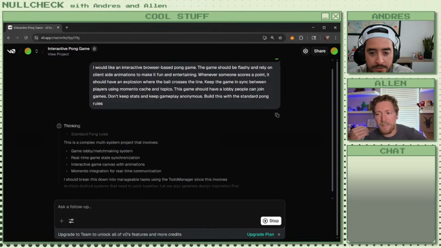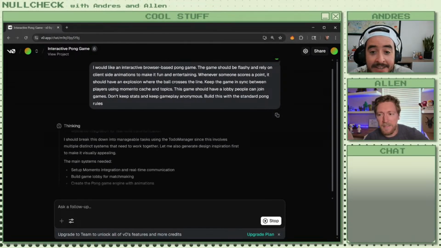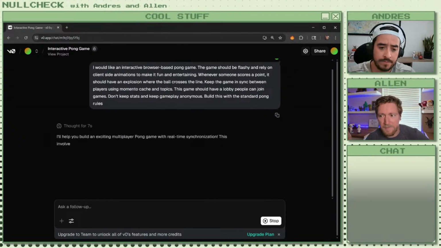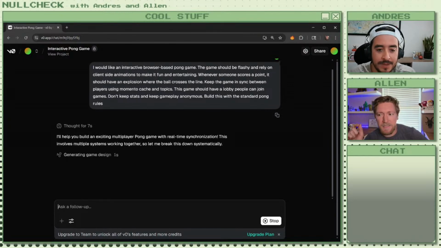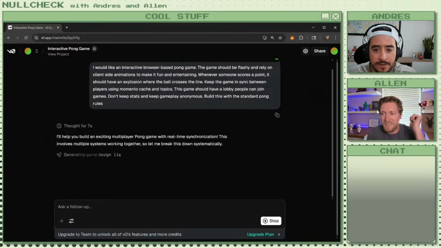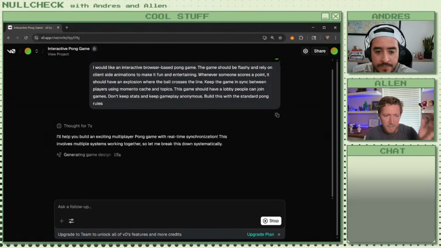Using Momentum. So, yeah, we made an interactive Battleship game before in V0. Super fun build, and it was so impressive how it did it. But because we are strapped for time today, I really want to see if we can do this in an hour. We're going to use a much more simple game and just rely on flashy client-side animations to make it look really nice. And then we're also going to use Memento in there to speed up that development process as well.